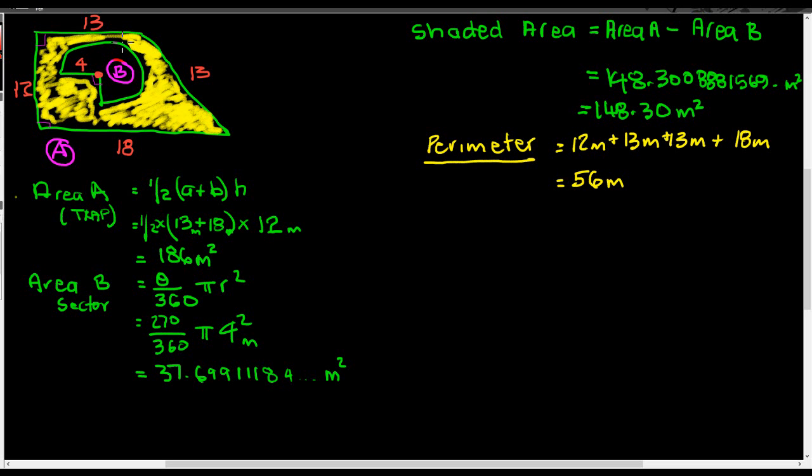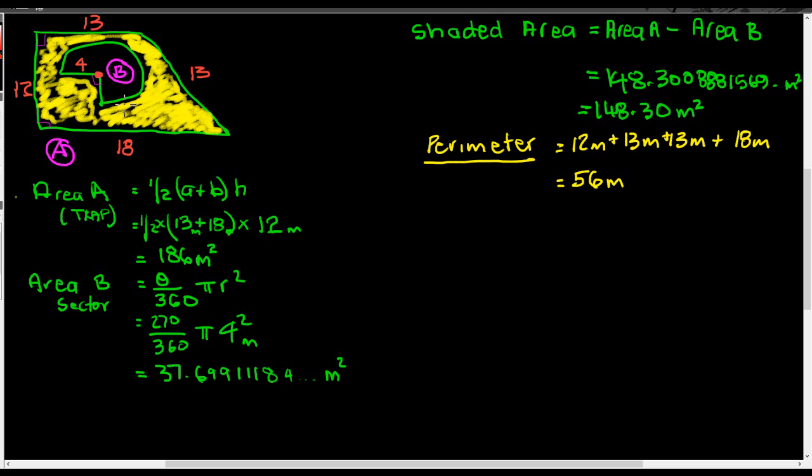Now area B, it's a sector, theta over 360, pi r squared, and the angle at the centre in this case is 270. 360 minus 90 is 270. We can see that over here. We know that the angles around that would be 360. That's 90. Take that away, it must be 270. And then that's pi r squared, so that's 270 over 360 pi, and the radius is 4 squared metres. So that's going to give us